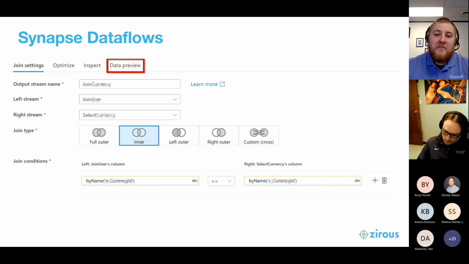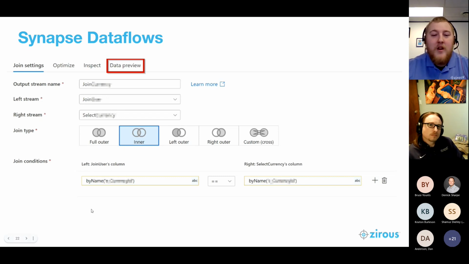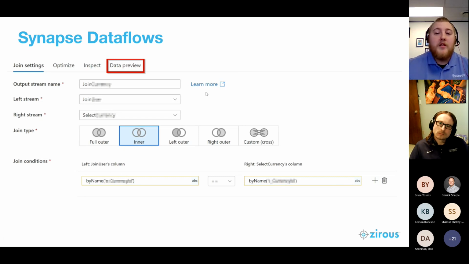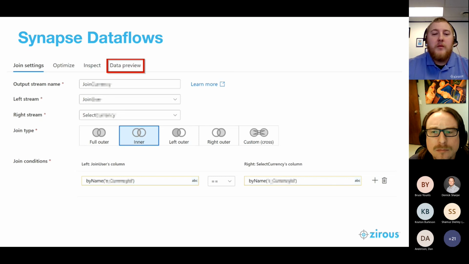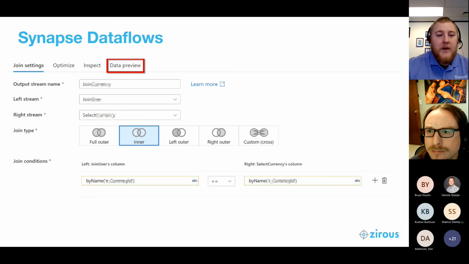And additionally, the reason I'm only highlighting the data preview button and not showing you is because I'm sure you guys don't want to look at an entire table of obfuscated data. But additionally, it's because I want to point your attention to that Learn More button there. One of the things I really enjoyed about Azure Synapse working with it for implementation is the fact that documentation is linked readily throughout the tool. So if you click on the Learn More button there, it'll take you directly to documentation for the join activity and teach you how to do that correctly and easily so you can get up and running a little quicker and get moving with easy access to that documentation instead of having to spend time looking for it online.